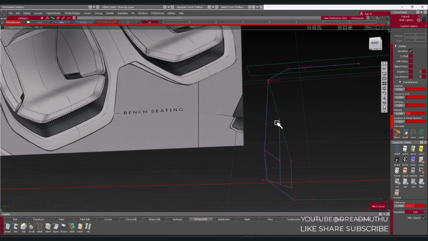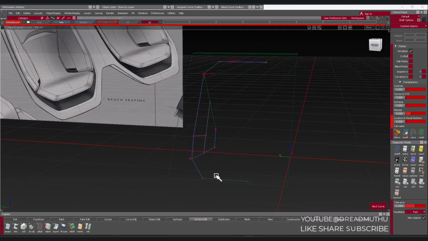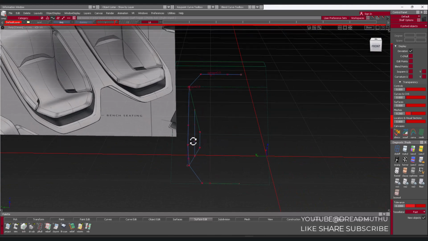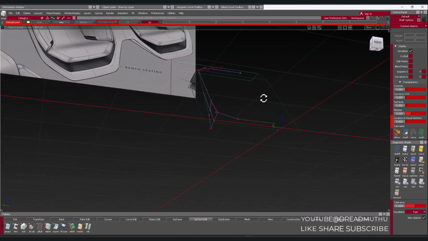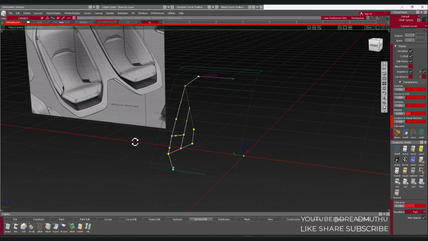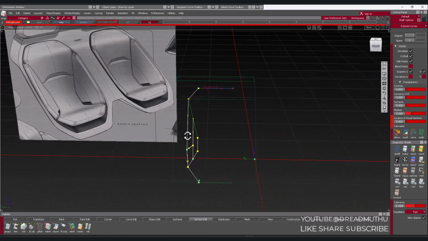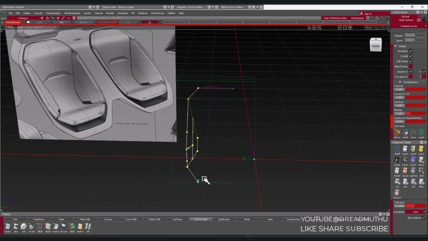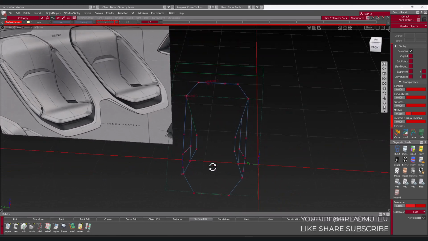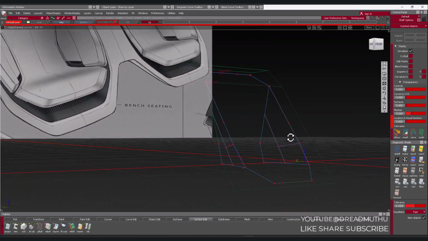Yeah, and now I'll select all these curves, and I can do a mirror, and I'll move that to this curve. Yeah,